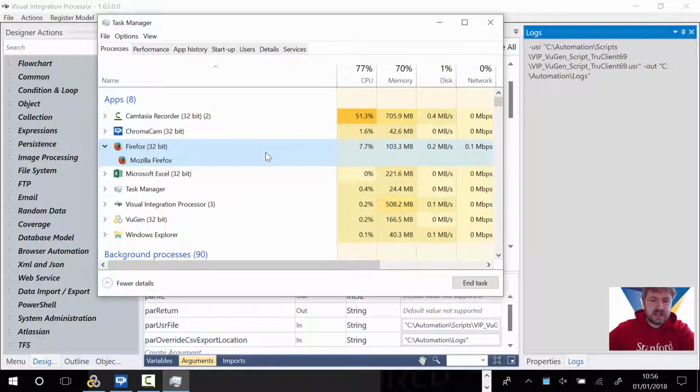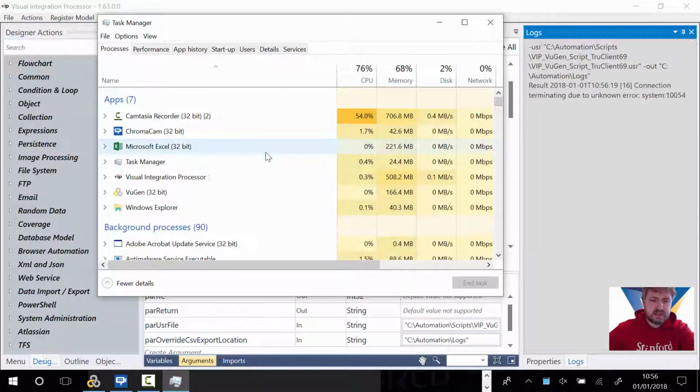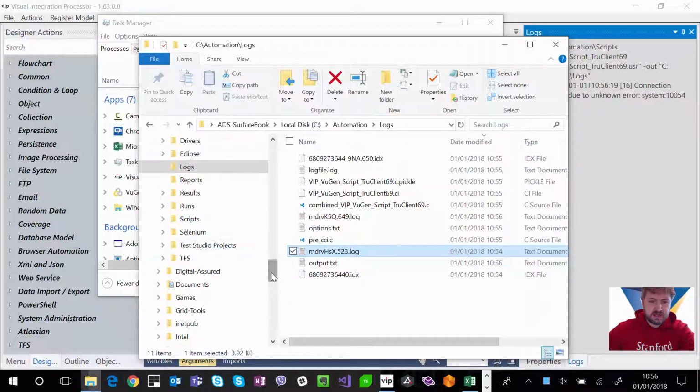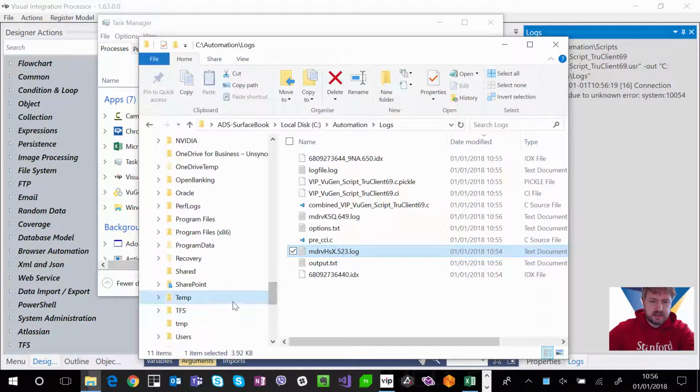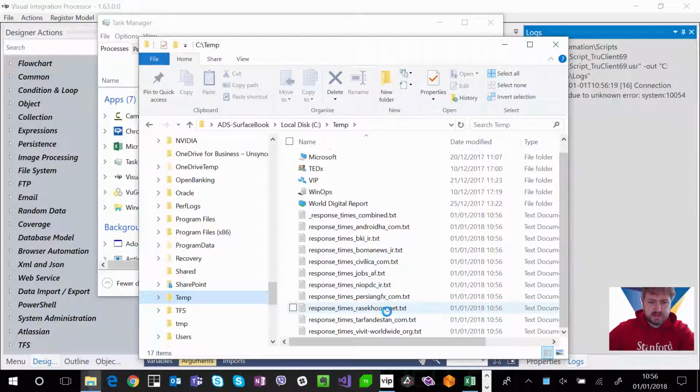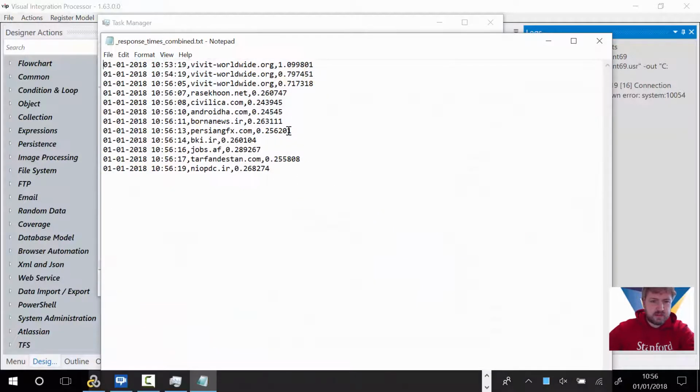As you can see, it runs them and then writes the results out into a log file. In this case, what we can do is put this into a big data store, and that will allow us to have a whole stack of results. If I quickly go back to the temp directory, you can see that we've now got one for each one of those websites. We've also got one for the combined, so we've got the two initial ones, and the third one that we ran.